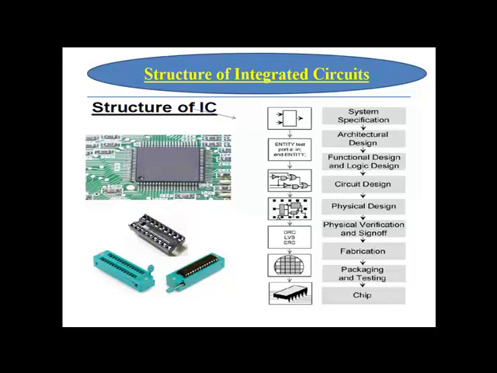That consists of DRC, or design rule check, which will check the errors in the layout, because after the physical design we will draw the layout of the IC. That layout contains many rules and parameters, and based on those DRC is done. Then LVS, layout versus schematic. Once the layout is perfectly designed, it is compared with the schematic that we got through the circuit design process. Once there is a 100% match between layout and schematic, we go for parameter extraction of the circuit, calculating the parasitic capacitances and resistances. That will help us find the critical path for the delay calculation and other things.